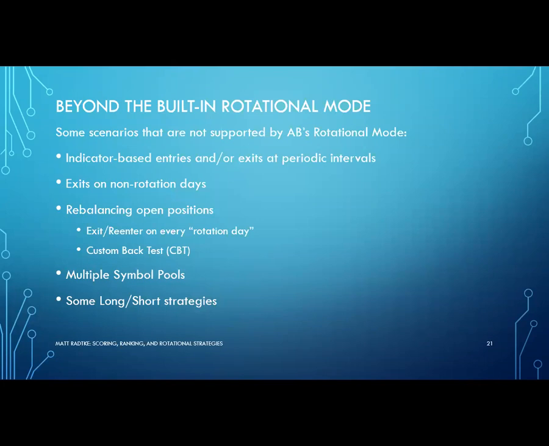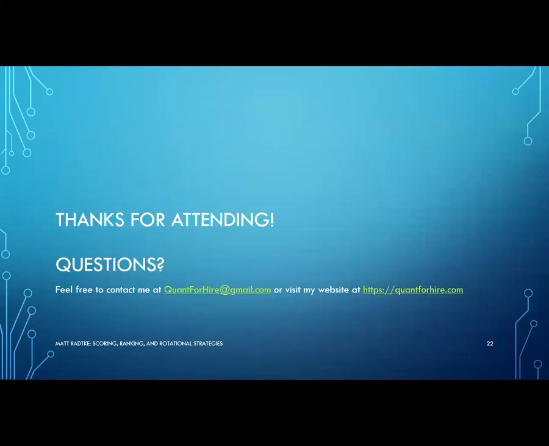Or you can give up more or less immediately and say, yep, not in the documentation, can't find anything about it on the forum. I'm just going to bag rotational mode and write my own test that's a rotational type test, but where I have more control over what's going on. So that's always going to be a balancing act. And with that,